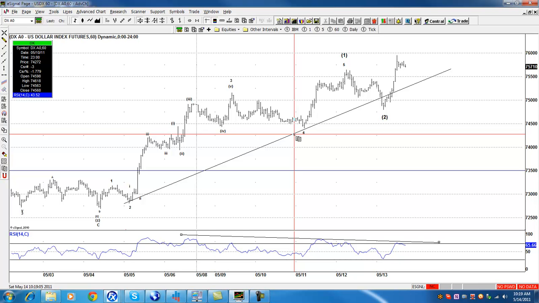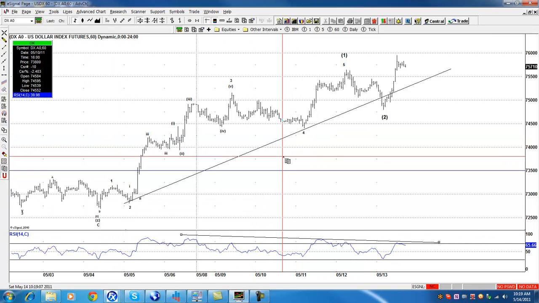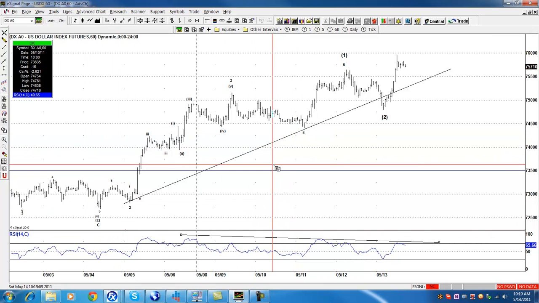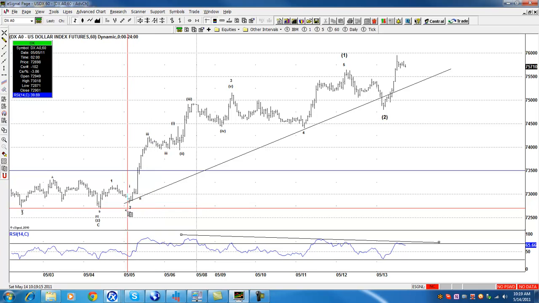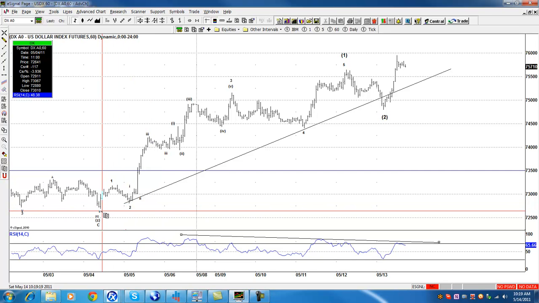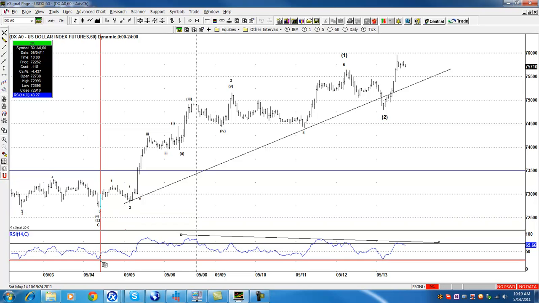Now, let's go over. This is the US dollar index. We are not very comfortable with the count in the US dollar index. All we know is this. That sent the low right here, you guys can see the RSI. It passed 1, 2, 3, 4. This is the highest read.